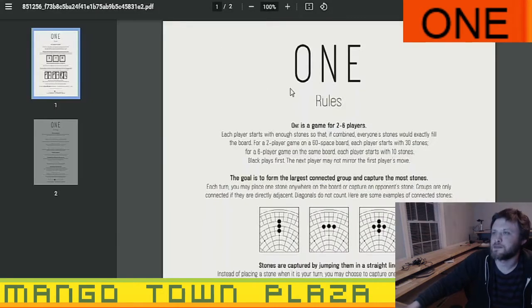All right. One rules. One is a game for 2 to 6 players. Each player starts with enough stones so that if combined, everyone's stones